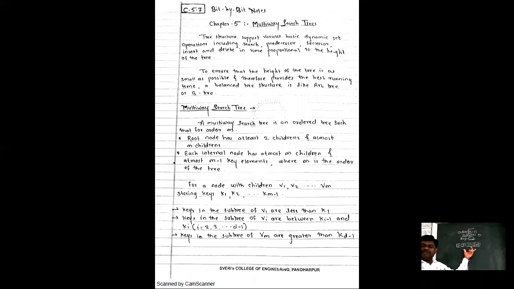In the multi-way search tree, how many key values are you considering? That depends on the order, right? If the order is 5, you are able to consider 5 children and 4 values. Now if the order is 10, then 10 children for a single node and 9 values, right? So the size of the node, its keys and its children, totally depends on the order, or the value of m. Here we denote the order by m. Up to this, is there any doubt?